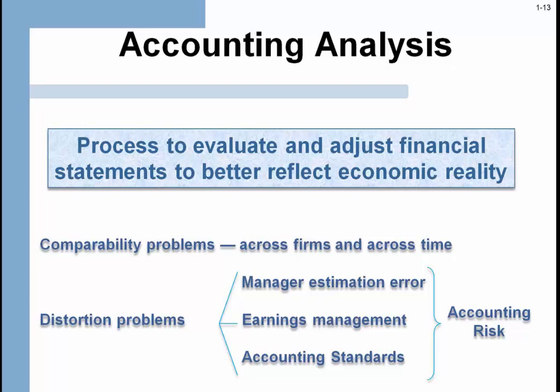Accountants make this first one where it says manager estimation error. Well, they have things, and all three of these are really accounting risks. Are they doing something different? Are they making mistakes in what they're doing? Maybe they've determined that they have a contingent. In their notes to the financial statements, they've determined that they have a contingent liability, but they have not recorded it